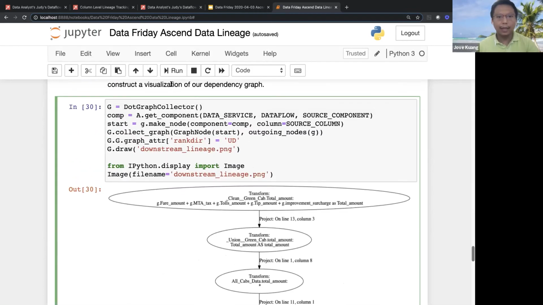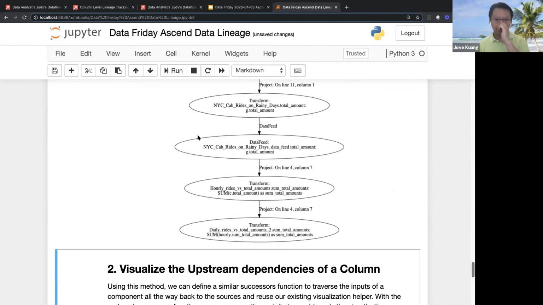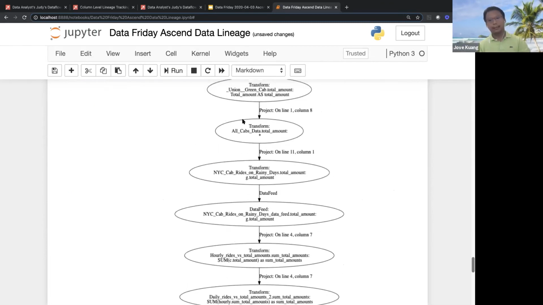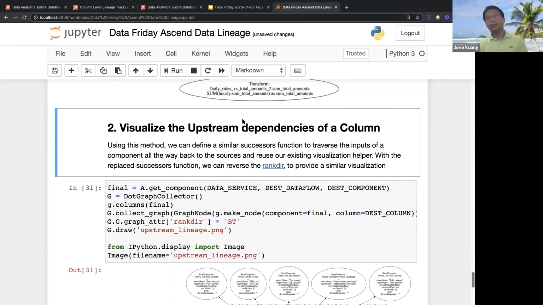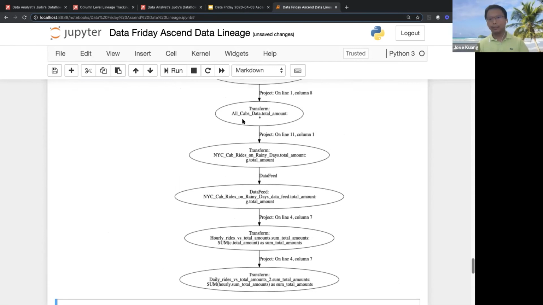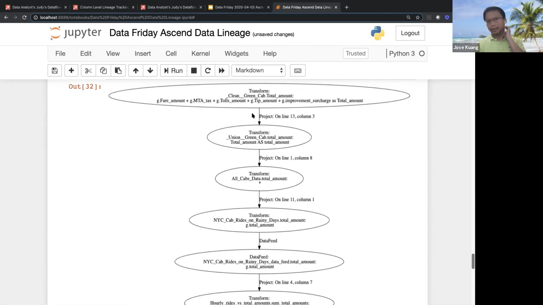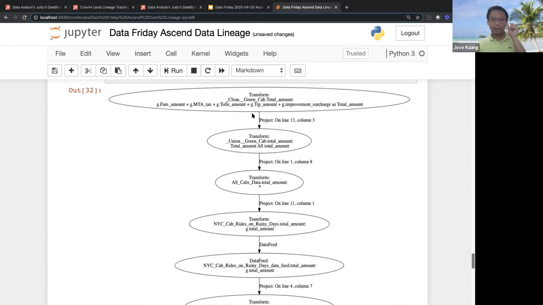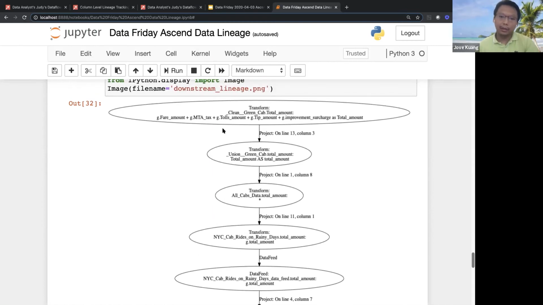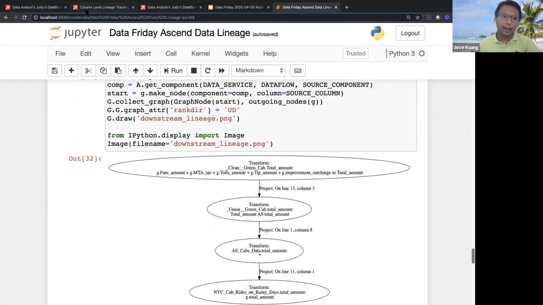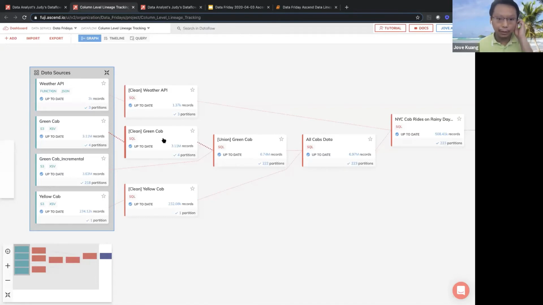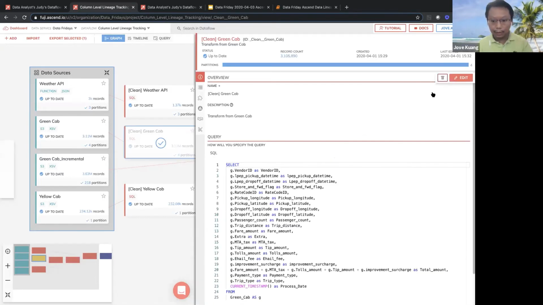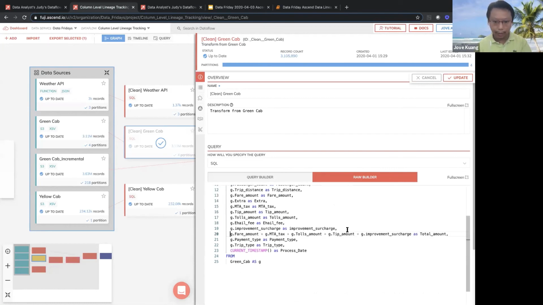So this is how I could, in seconds, tell very quickly what goes into generating one particular column, as well as, if I want to change it, what it could impact. And just one thing to add to this as well, all of these are Spark pipelines. So this is not a database operation. If I were to change this, actually, maybe we can just do it now. So if I come over here, I see this exact logic.